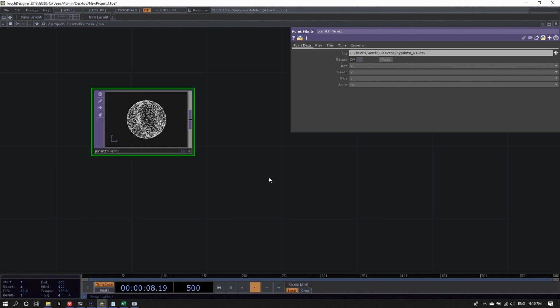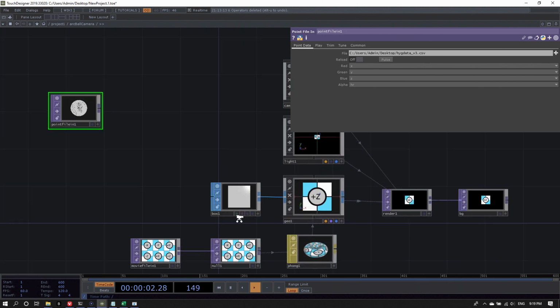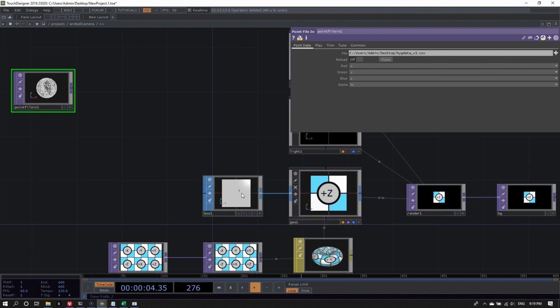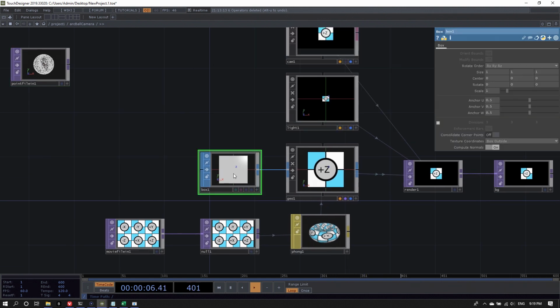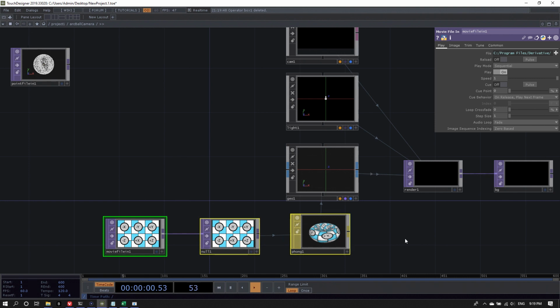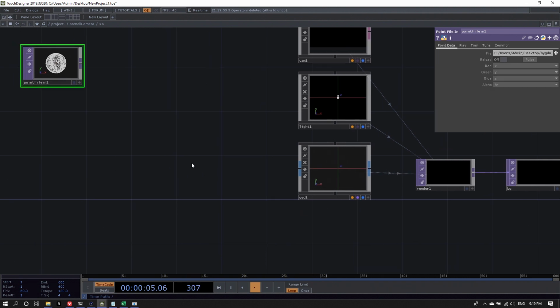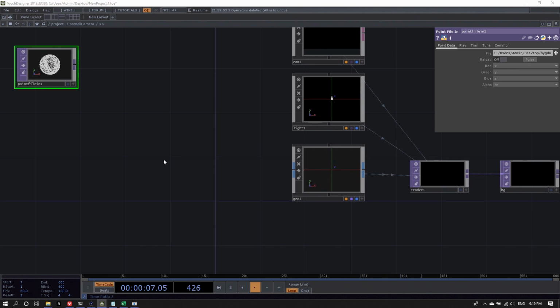And we could go right ahead and actually render this. I probably don't want to render boxes with this, so let's delete this box here. And let's delete the movie file in and the Phong as well, because we'll be using the line material, which is new and experimental too.